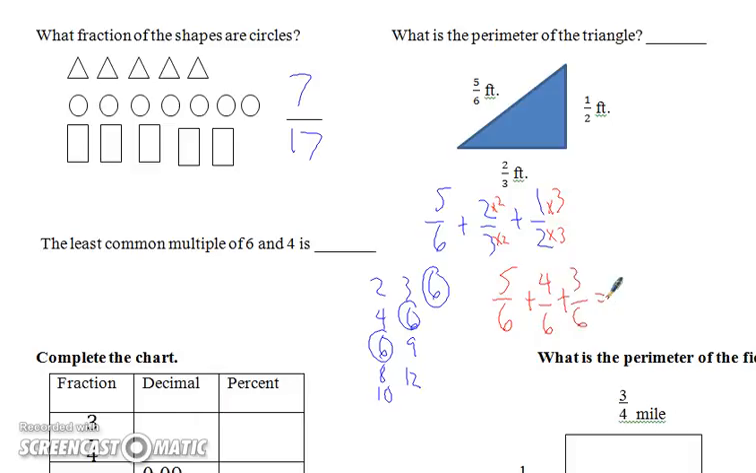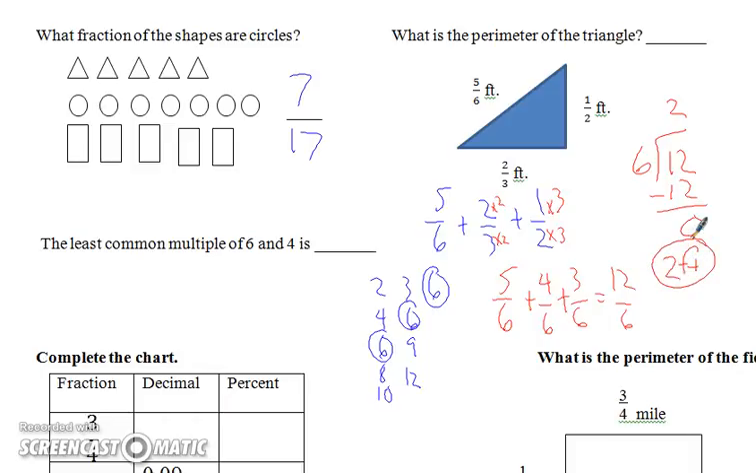And now I add these together. 5 plus 4 is 9, plus 3 is 12. 12/6. Improper fraction, I need to divide. It goes 2 times, and there's no remainder. So this is really just exactly 2 feet around that